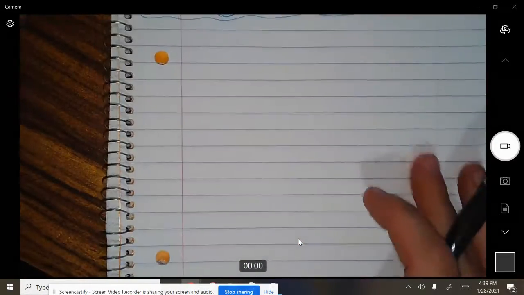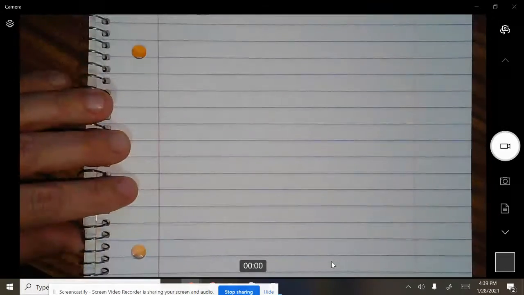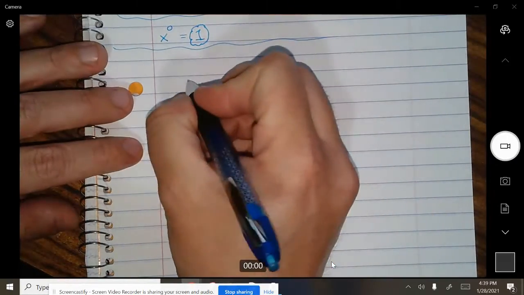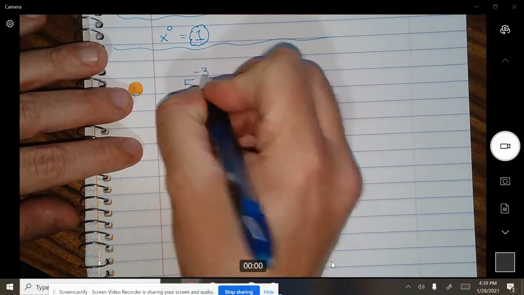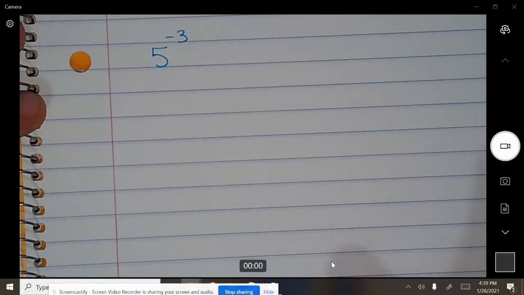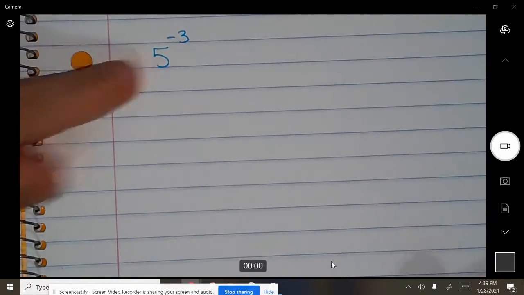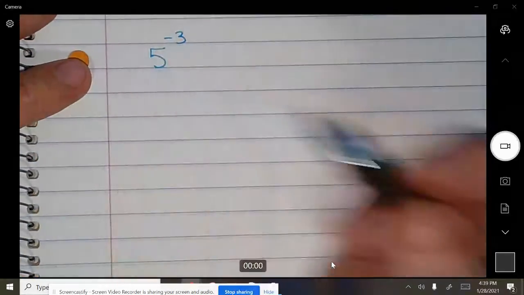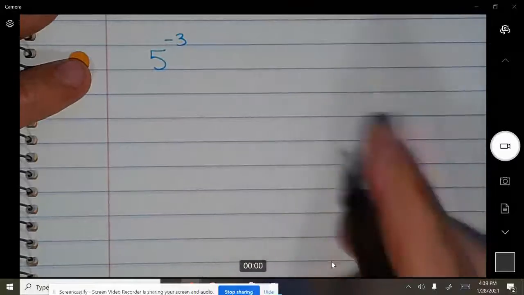So next week, we're going to go in more detail about something called a negative exponent. So whenever you have a negative, say we have 5 to the negative 3, we're going to think of negative as unhappy. The exponent is unhappy. It doesn't like where it's at. It doesn't like the fact that it's on the top here. So when you have a negative,